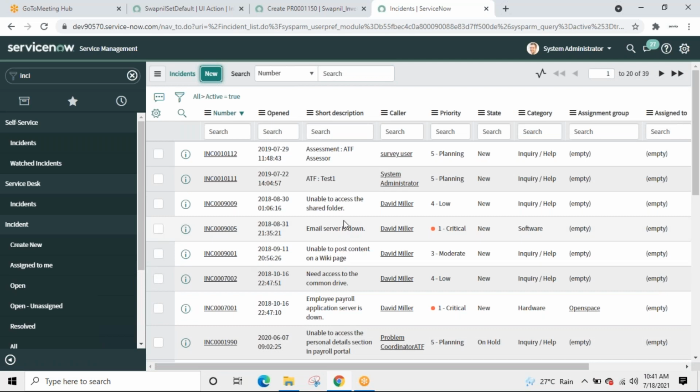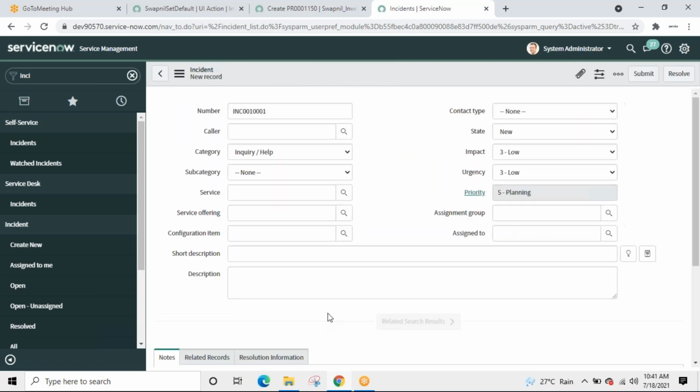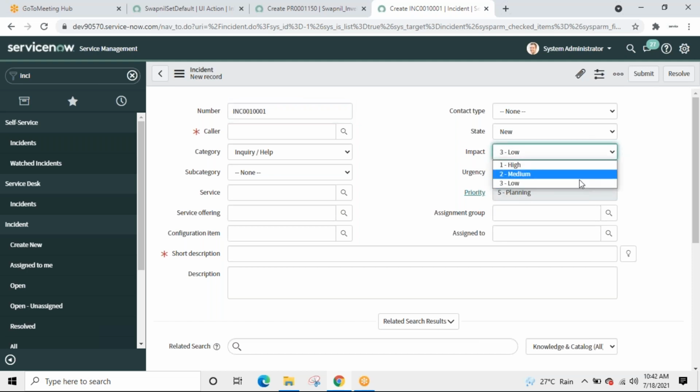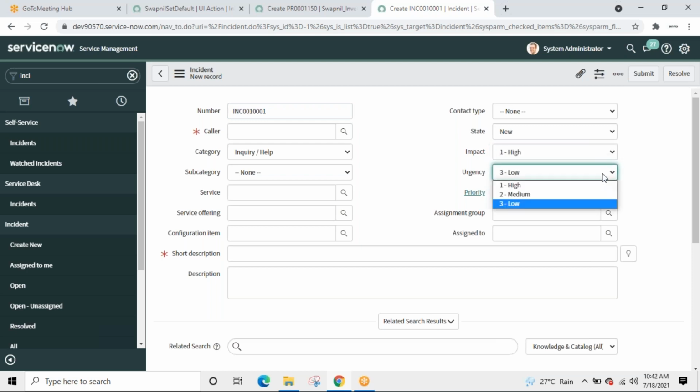While creating a new incident like this, impact and urgency by default are set to low always. If I want to make the priority critical, I will have to select it as high, and then the system automatically, based on these two fields, makes it critical.